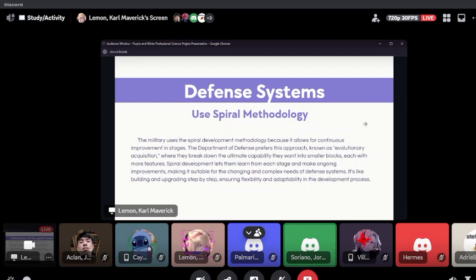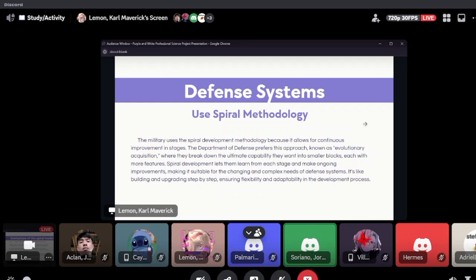So example natin, kunyari yung defense system natin is yung anti-missile. So kung gagawa ka nun, kailangan mong i-breakdown yung mga smaller parts ng project. So kunyari, ano yung time, ano yung budget na gagamitin, paano i-detect nung defense system na yun kung may darating na missile, paano yung gagawin niya, yung mga interval, kung paano niya i-detonate yun sa ere. Kailangan alam niya lahat ng system mo kaya ginagamitan niyo ng spiral,